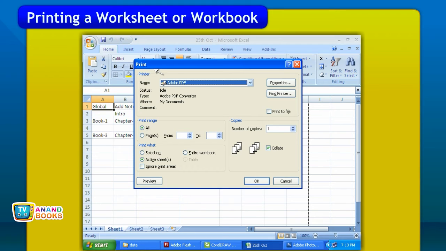7. Under the Print Range section, select any one radio button. All: to print all pages of a worksheet or workbook. Pages option: to specify the starting page from which